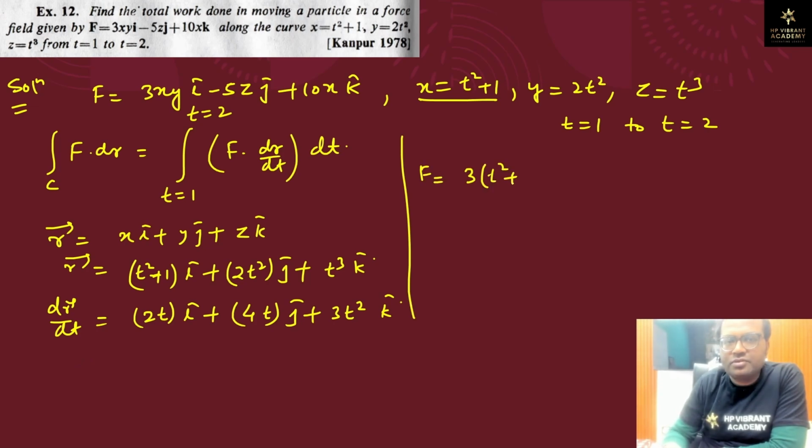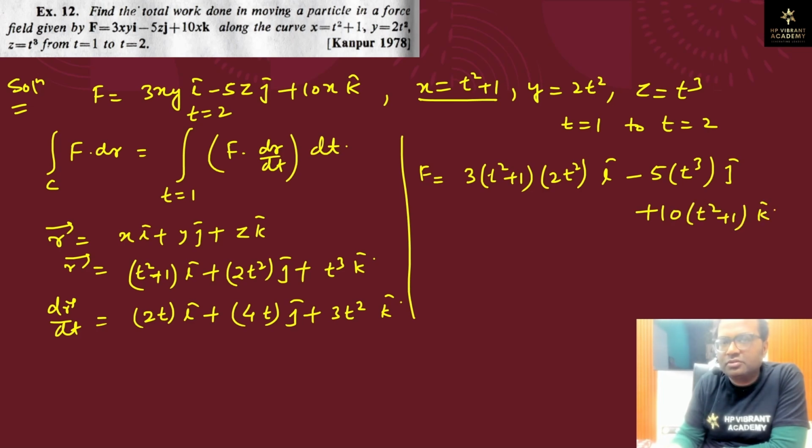f is 3 times (t² + 1) into y, which is 2t², i cap, minus 5t³ j cap, plus 10 into x, which is t² + 1, k cap. So we have the value of f dot dr/dt into dt. So f dot dr is equal to 6t²(t² + 1) into dr/dt, this is 2t, minus 5t³